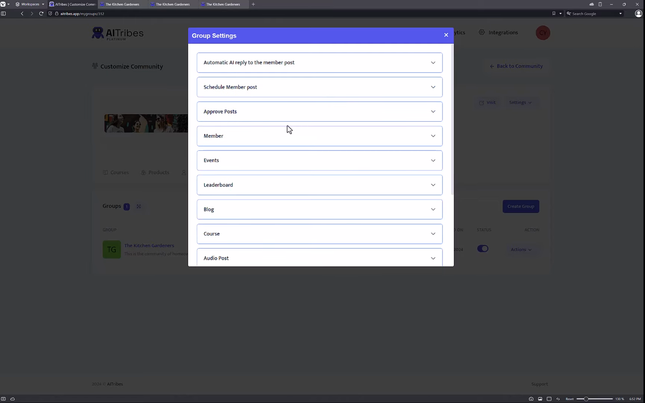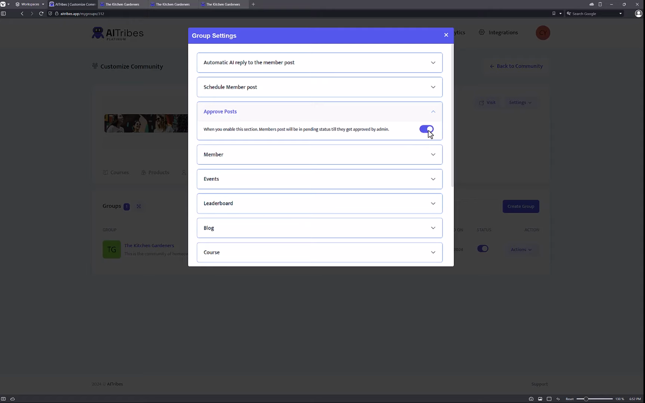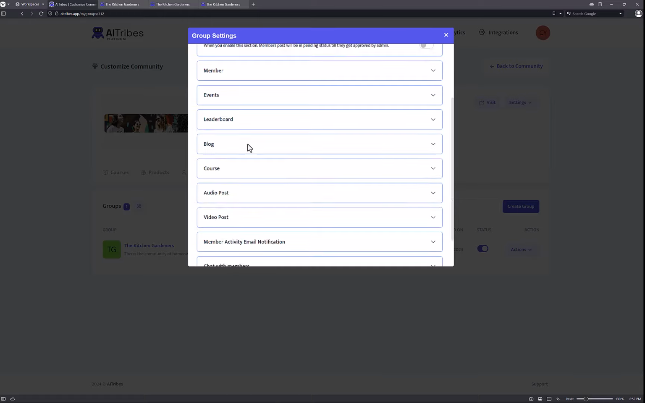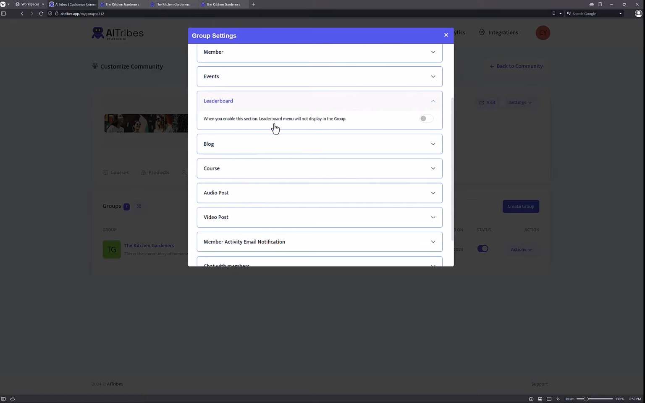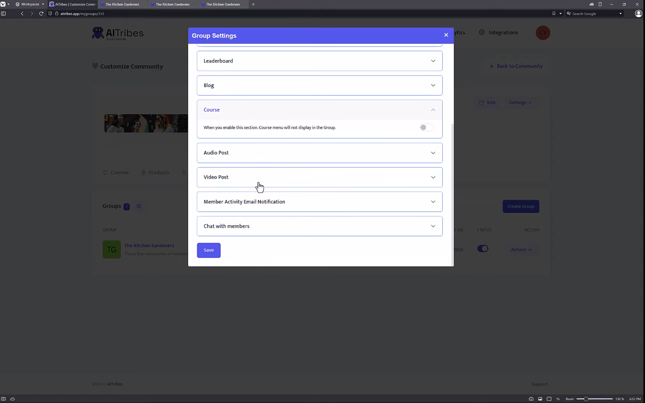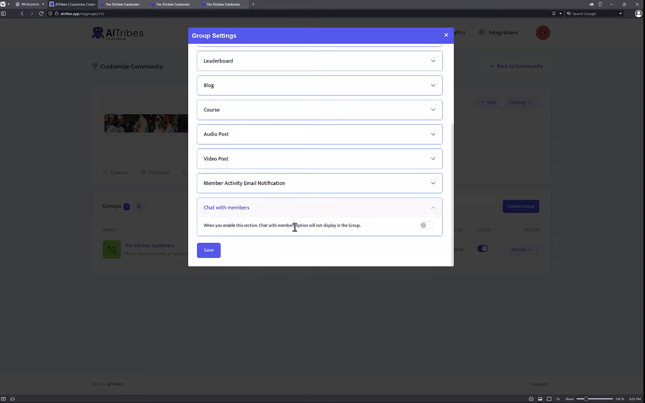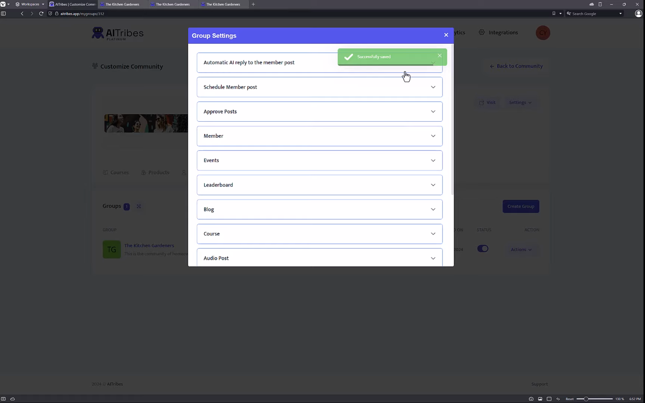You can also turn on the approve posts option. So whenever a member makes a post, you will first need to approve it before it will show up. And there are other options too, like having a member section there, having the event section there, the leaderboard, blog, courses, all of these things you can control. You can even allow people to chat or not to chat. So all of these features are in your control,